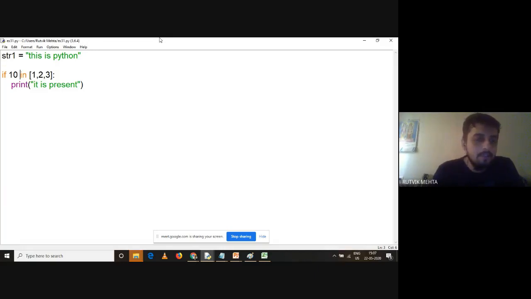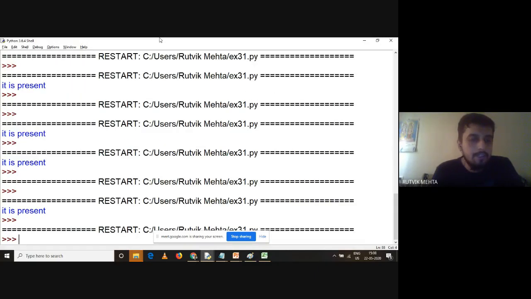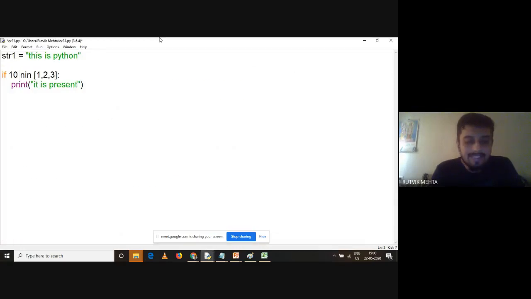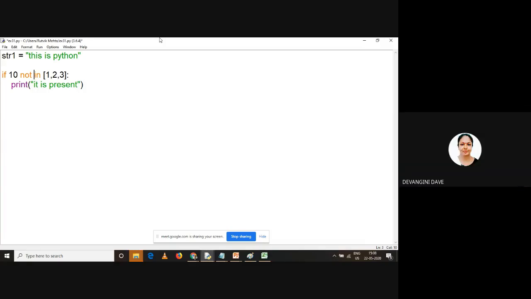So if I run it, it is not going to print anything. But if I say 10 not in, when it is not there, the condition is false, but we have applied not before it. So not false is what we get.